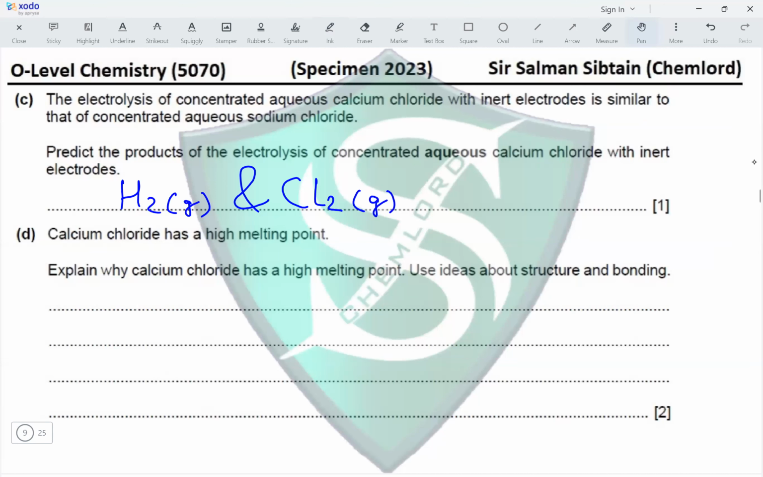Next, part D, calcium chloride has a high melting point. Explain why calcium chloride has a high melting point. Use ideas about structure and bonding. So the structure for calcium chloride is a giant lattice. So we would write calcium chloride has a giant lattice